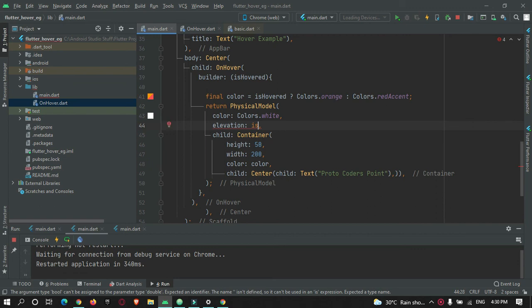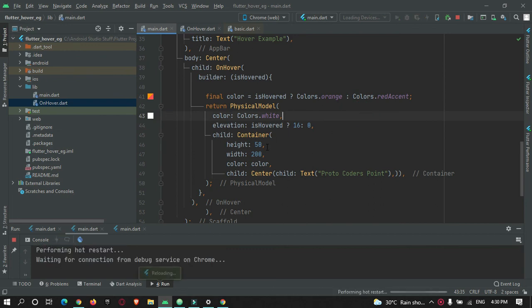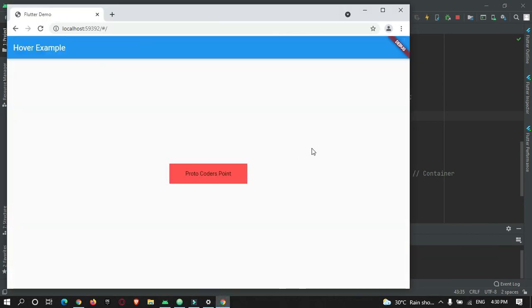So in elevation we will make use of hover, and if it is hovered, then we will set the elevation to 16, and if it is not hovered, means if the hovered is false, then we will set the elevation to 0. So let's run the app again. So as you can see, there is no elevation to this. So now when I hover the mouse, you can see the elevation effects.